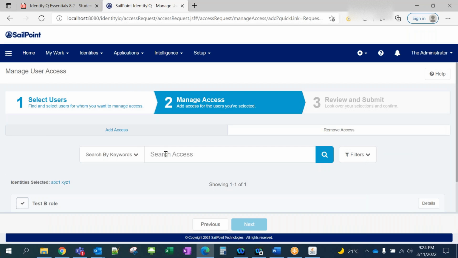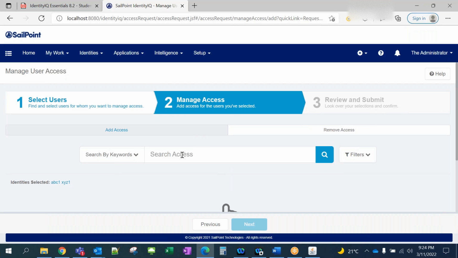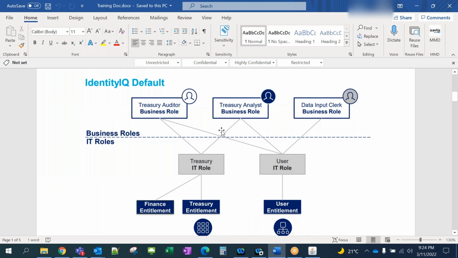So I'll show you that here. When I'm talking about this page, firstly we are selecting the user. Once we click on next, when we are searching access, whatever business role, IT role, or entitlement, it will show all three here, right? So we can select anything. That's not a problem. But generally we do select business roles because that makes more sense and it's very easy to search. And the example which I was telling you is like if we have multiple IT roles, sorry, if we are selecting the IT role which has duplicate entitlements, like this is also having the treasury entitlement